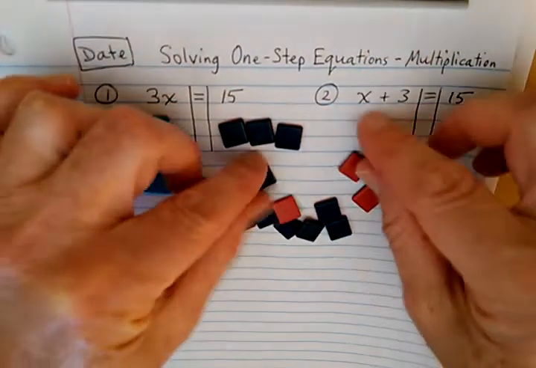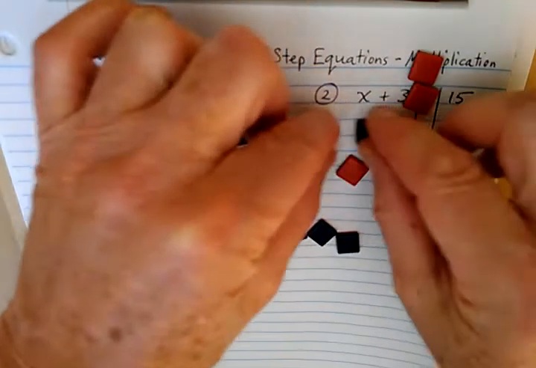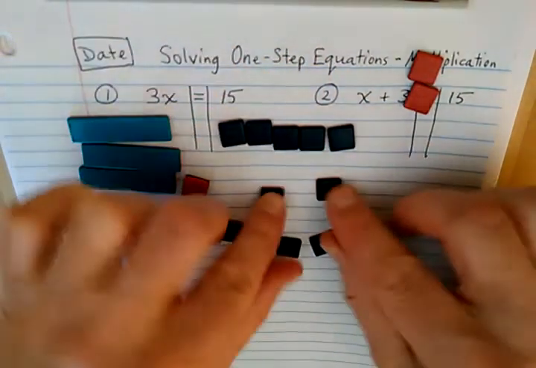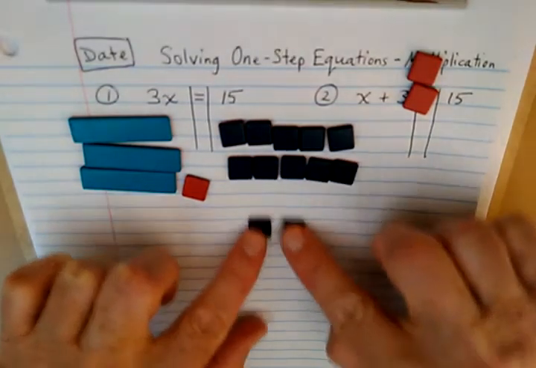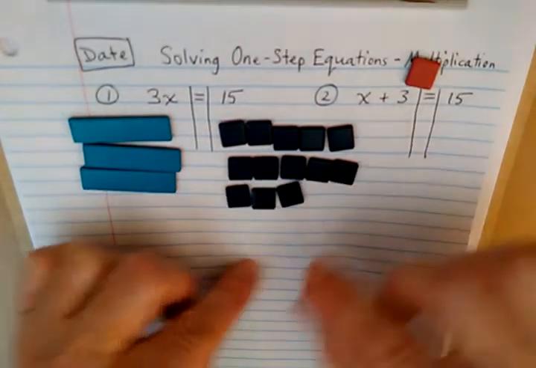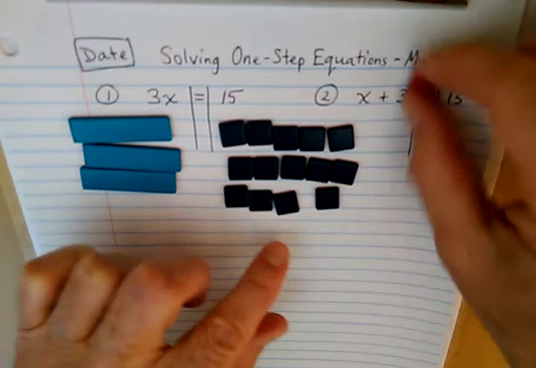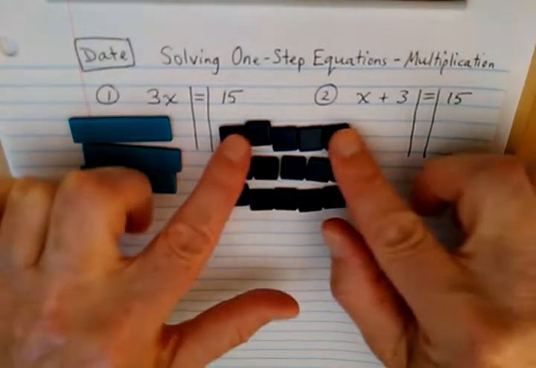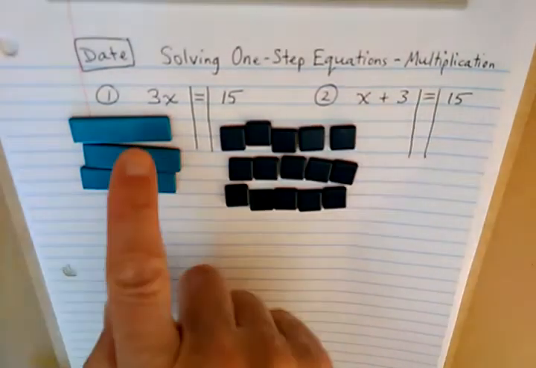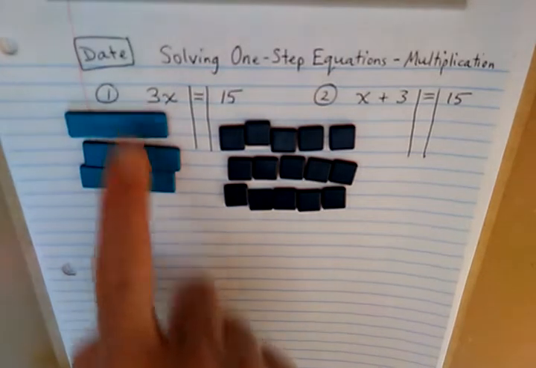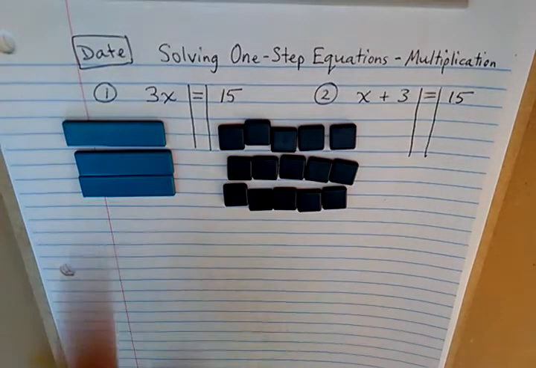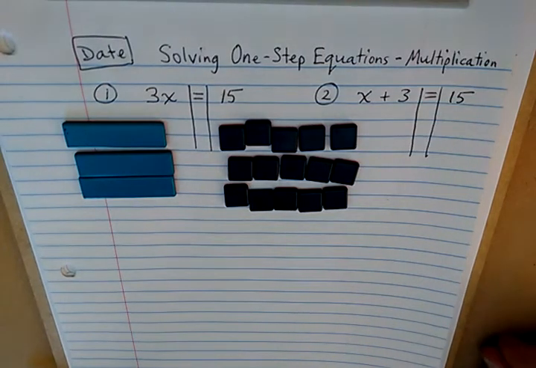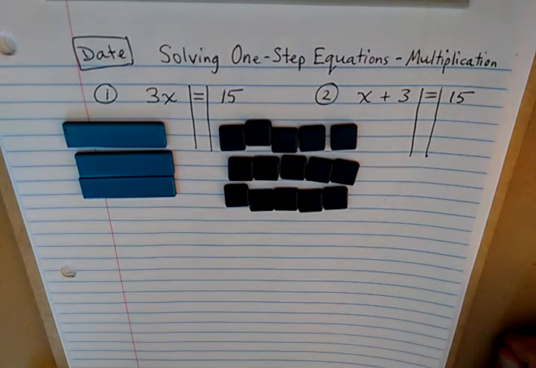So 1, 2, 3, 4, 5, 6, 7, 8, 9, 10, 11, 12, 13, 14, 15. Alright, so what this problem is showing us, 3x equals 15, is that 3 of these x's is the same as 15 ones. But we need to figure out what x is, and that means we need to know what